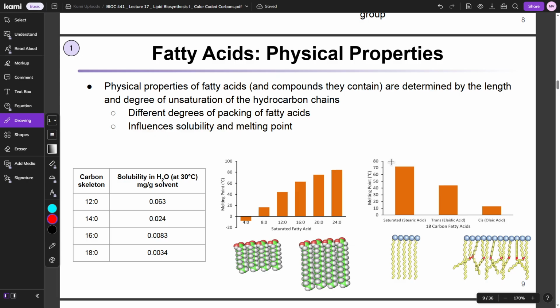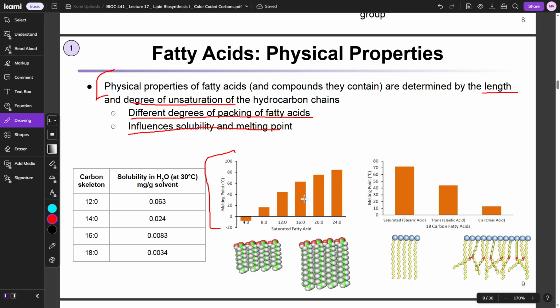Okay, so for free fatty acids and all this stuff, this should hopefully make sense. The physical properties, like the melting point and stuff, are determined by the length and the degree of unsaturation. And the reason for that is because it basically affects the density, right? So different degrees of packing, and that influences solubility and melting point. And so if we look at this graph here, you can see that,